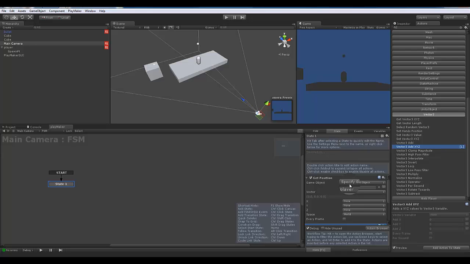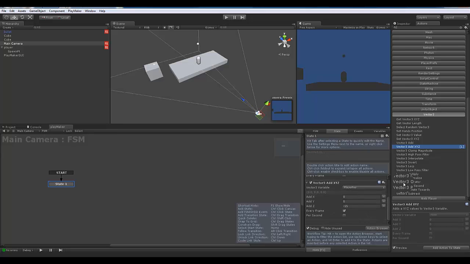So it's going to load the player position into this variable, and then we're going to make some changes to this variable. What we're going to do is a -15 along that Z. So it's going to take this 0, 0, 0, add the -15 to it, so we'll be at 0, 0, -15. And then wherever this guy goes, it's going to update the other ones. Alright, so I'm going to set this thing up so it works this way, and then the last part is to set our